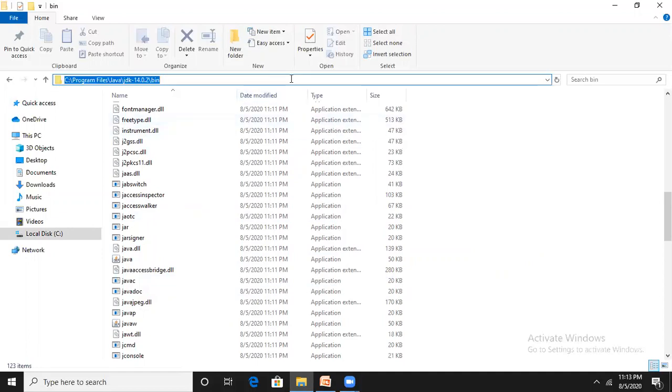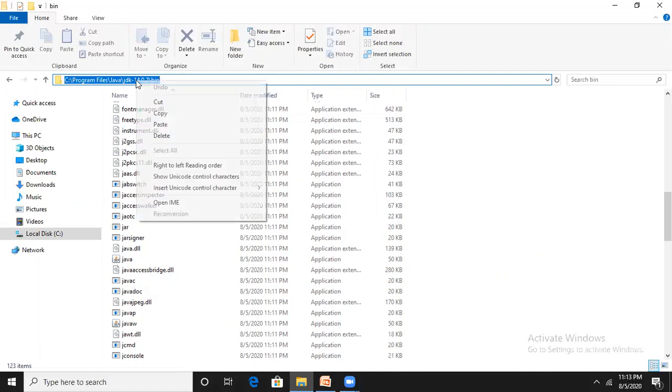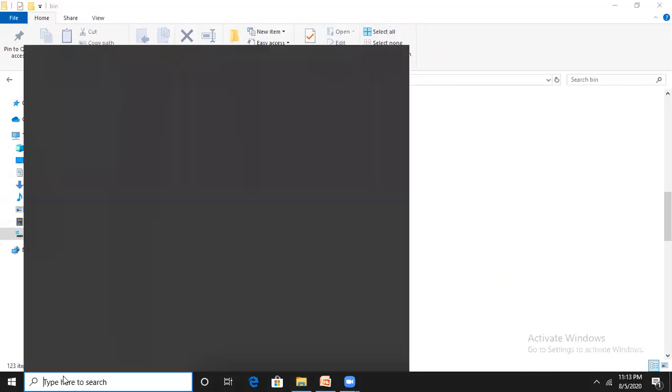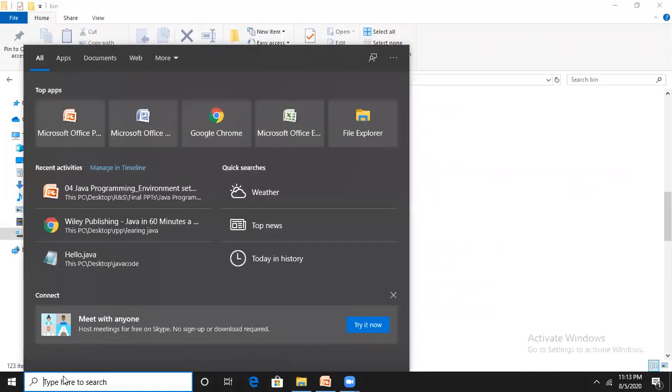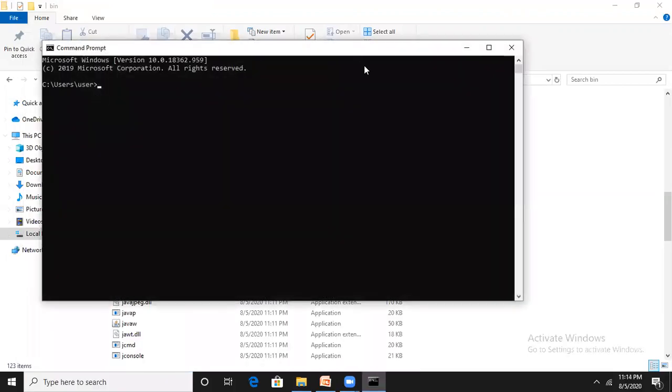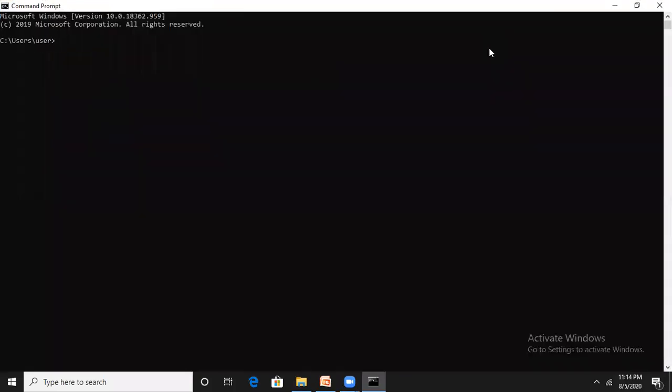Up to bin, copy this path, and now check whether Java is installed properly on your machine or not. Type CMD. The command prompt is open. Type java -version.